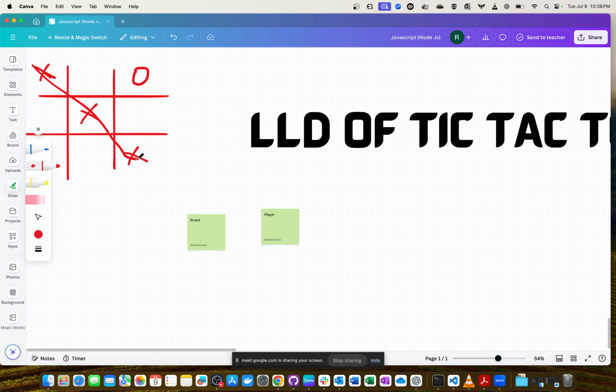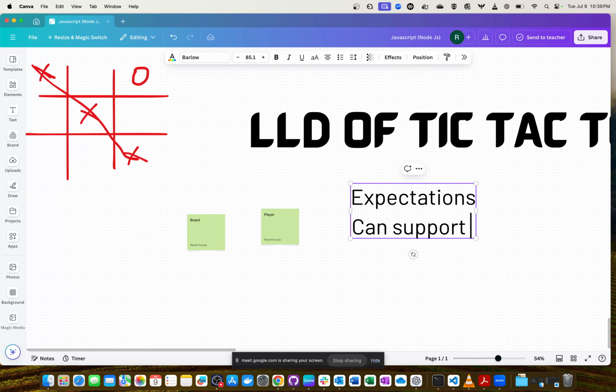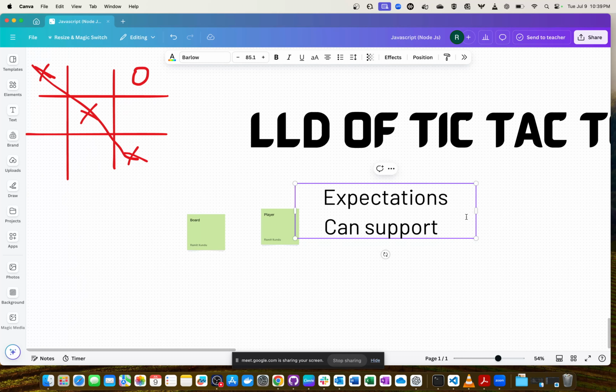So expectations. Sorry about the size. Anyways, the expectations are, first, a basic board that can support more than 2 players. Not much expectation, but it can support more than 2 players. There's this circle and star, but let's just say